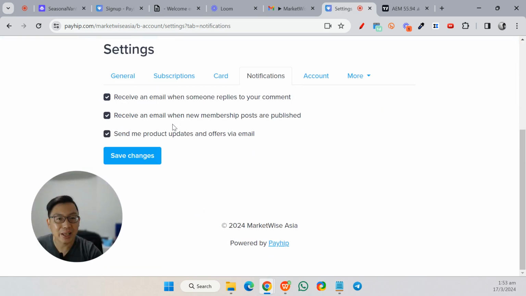I suggest that you tick all the three boxes. Receive an email when someone replies to your comment, receive an email when new membership posts are published, that is from me, and send me product updates and offers via email. And also, just to let you know, because of the membership platform, typically it won't send you more than one notification for every 24 hours, which means for every day. So at most one day it will send you one